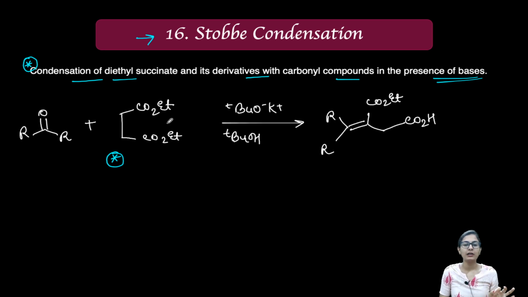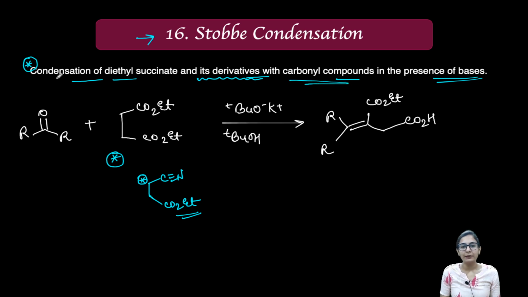Also, it could be some other ester group, or one ester and one ketone group, something like that. So don't worry if you are given something like this. It's basically doing the same thing. One side it's going to do the condensation, the other side it's going to do the hydrolysis. That is what you are going to see. Its derivatives is a very important term that you must take care of in organic chemistry.